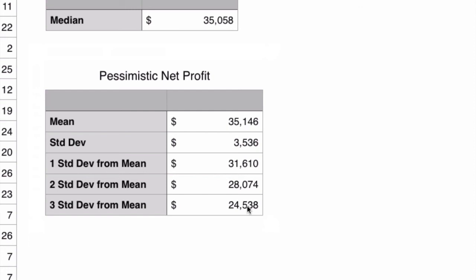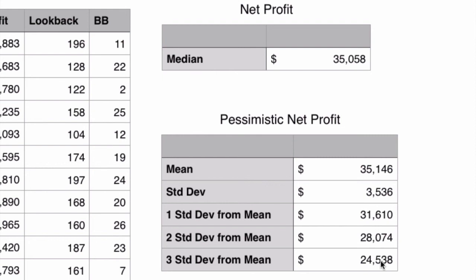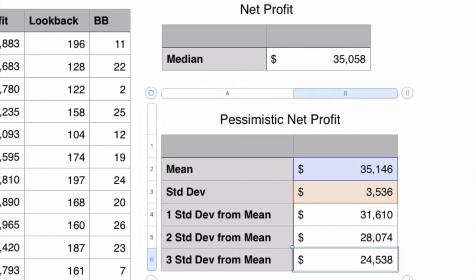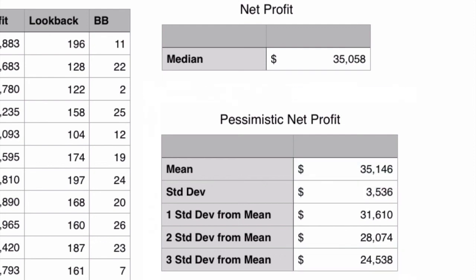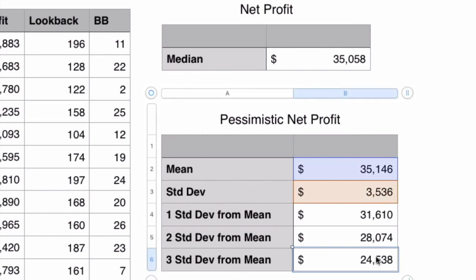So what this tells me is, based on these numbers here and this type of estimate and the assumptions that we make in regards to the normal distribution, is that this system is likely going to be robust enough to show a positive return going into the future. Even way out at 3 standard deviations away from our mean net profit, we're still showing profit, a pretty good profit. If you're at 3 standard deviations away and you're starting to approach 0, okay, your system may